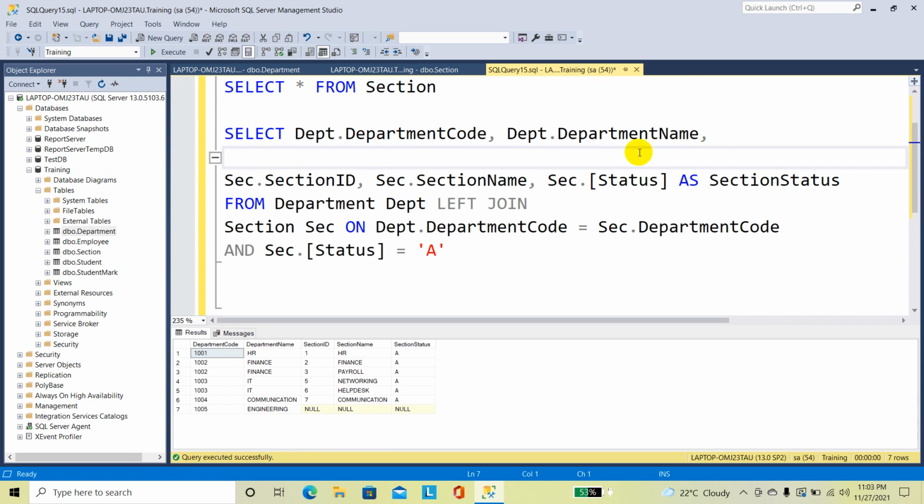And here dpt.status, sorry, dpt status as department status.